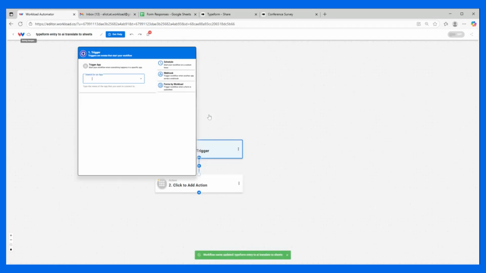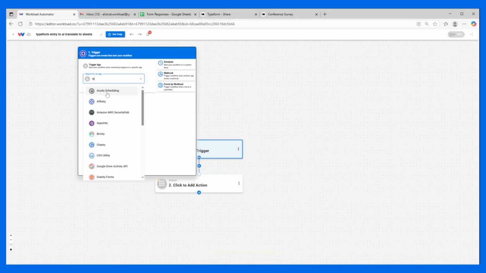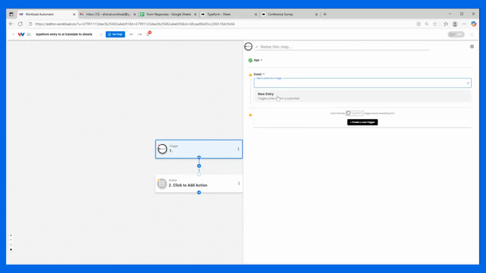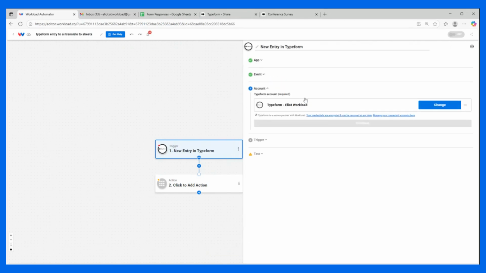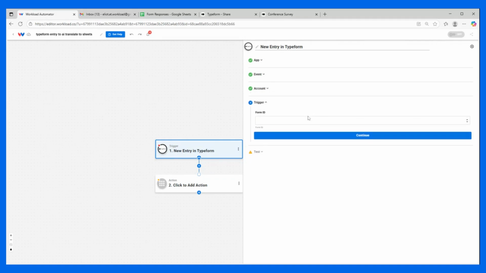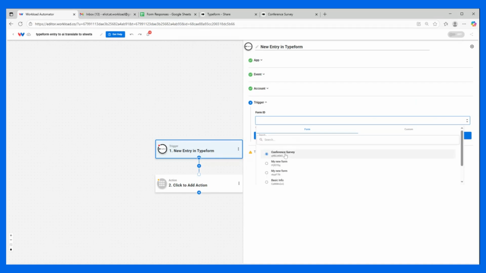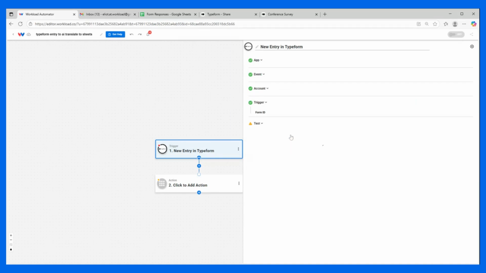And I'm going to select my trigger by clicking on the trigger box. This is going to be in Typeform, and the event is going to be new entry. Make sure you're connected to Typeform. If you have any issues connecting to the apps we use in this workflow, check out the blog in the description of this video. The form that I want this workflow to monitor is my conference survey, and I'll test